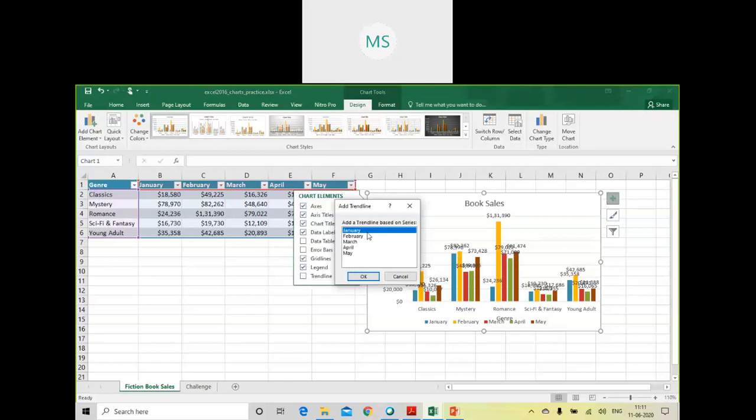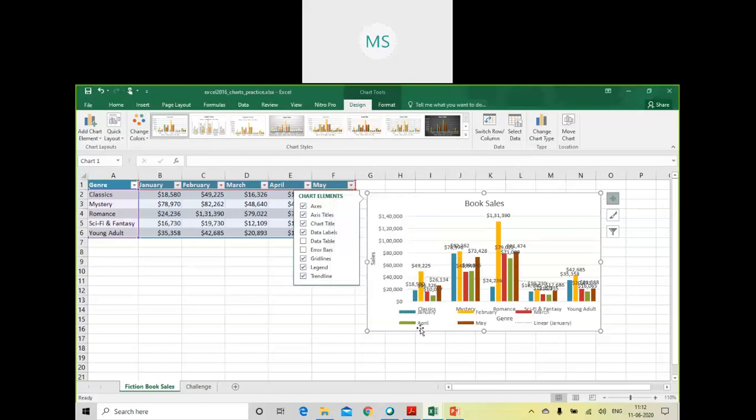The trend line: add a trend based on a series. The moment I click on January, it will select a trend for this month. So this is what it shows. Trend line here provides you a color bar where the color's brightness will increase or decrease depending on the value of that particular cell.